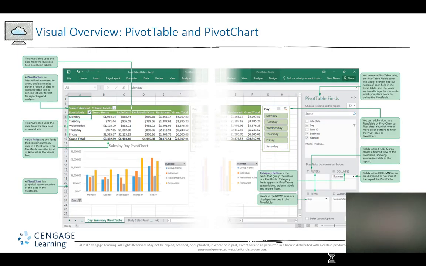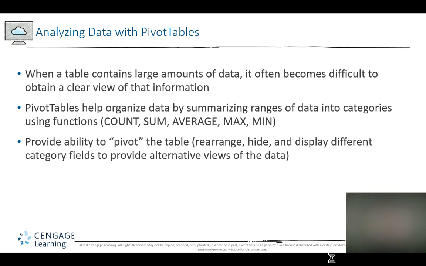Session 5.3 will require some extra time and attention as you learn about and work through the module exercises covering pivot tables and pivot charts. This is a powerful and impressive Excel tool, so take your time and read the narrative carefully. When a table contains large amounts of data, it often becomes difficult to obtain a clear view of that information. Pivot tables help organize data by summarizing ranges of data into categories using functions such as count, sum, average, the